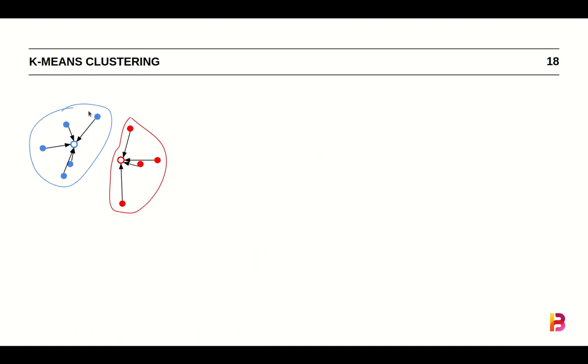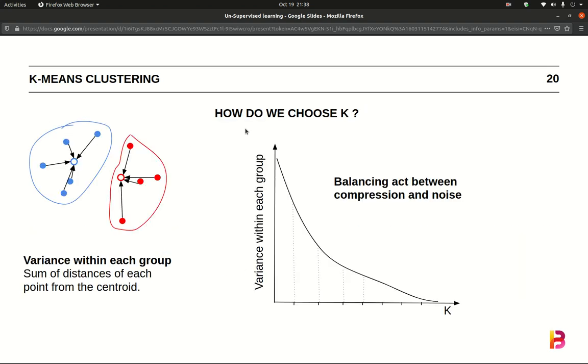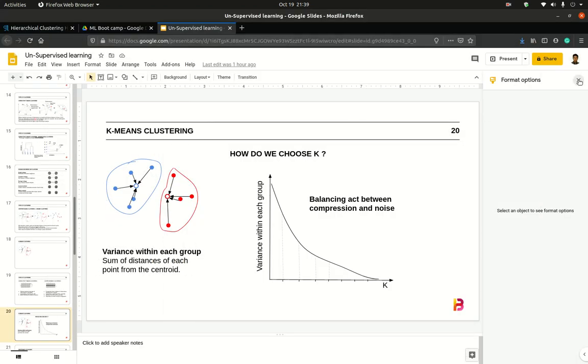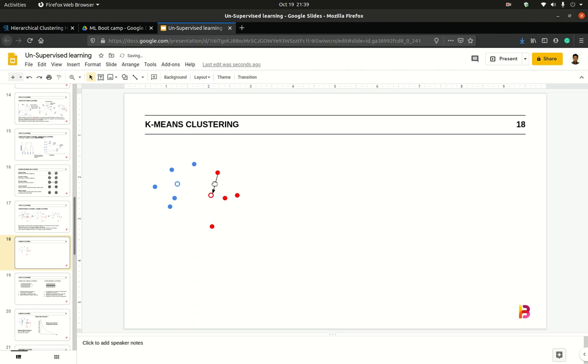So here I've tried to demonstrate how it works. Let me draw this. Think of these points as our original data set. Let's make it a little more interesting and throw some more points in here of a different class.